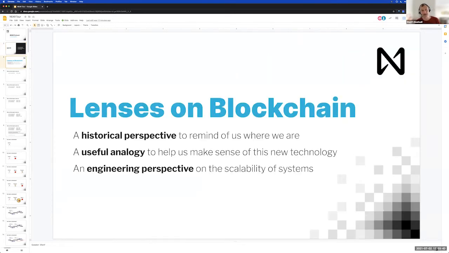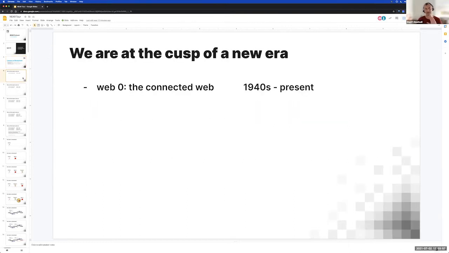So what is this stuff? Why are we even talking about blockchain? Why is it even interesting? Here are three perspectives on this. Historically, we're at the edge of this new thing, and we can take it back 60 years or so